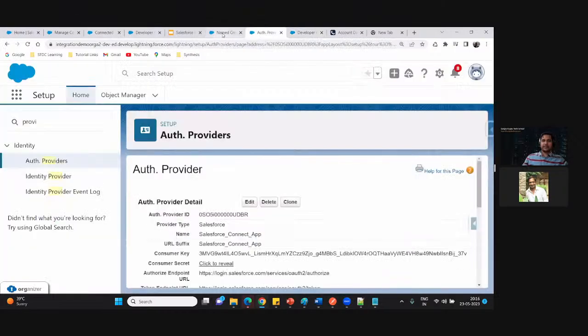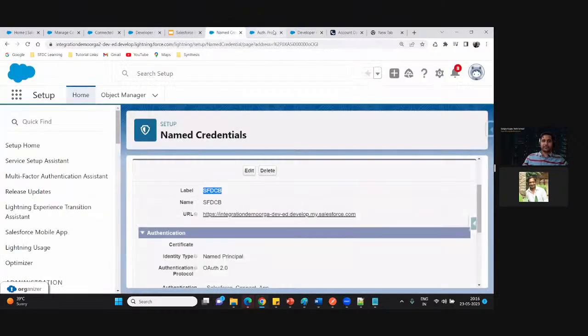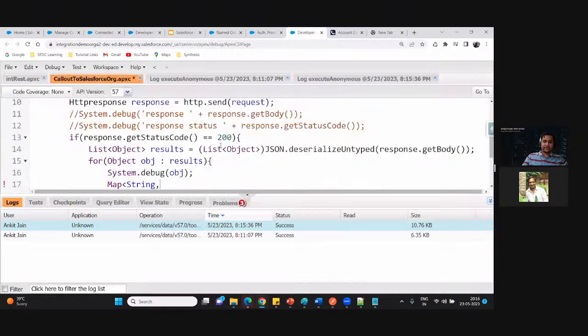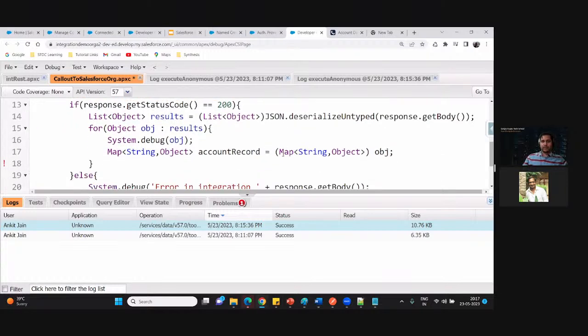So let me generalize it by putting the value as an object. And let's say here I am putting the name as the account record. And here I am converting this into the map. So here again I'll do the typecasting and put the object here.